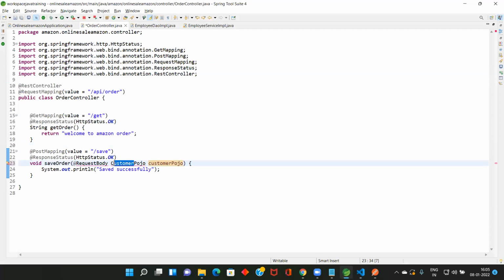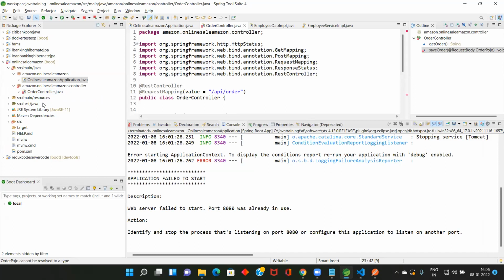So we create an entity, right? What does an entity contain? It contains variables, table name, column name. If it is a POJO, it will contain all the variables, but it won't have anything related to table name or column name. It's like a container. POJO is a plain old Java object, like a container. I will create one POJO here. If you have read my Java tutorial videos, you will know what a POJO is.